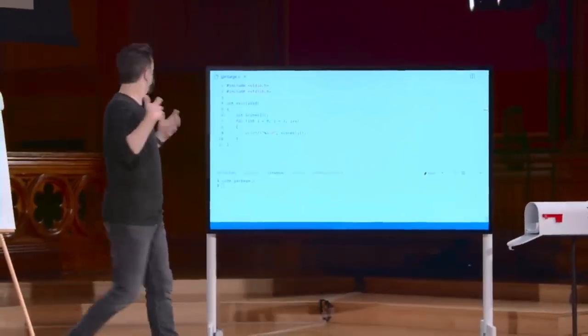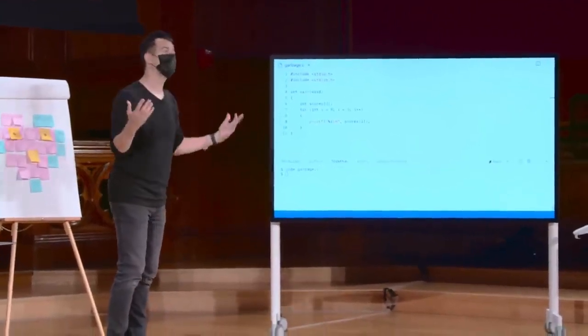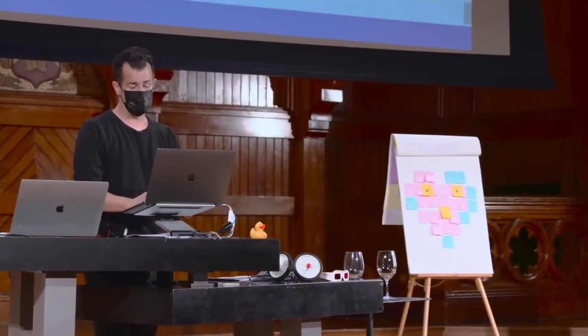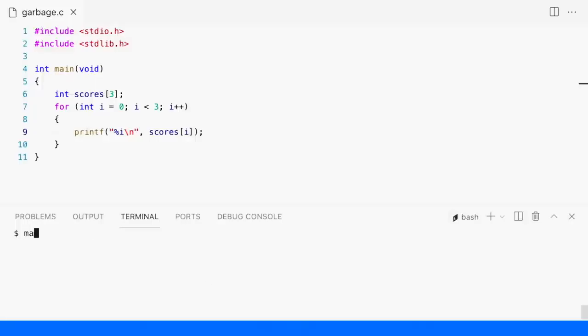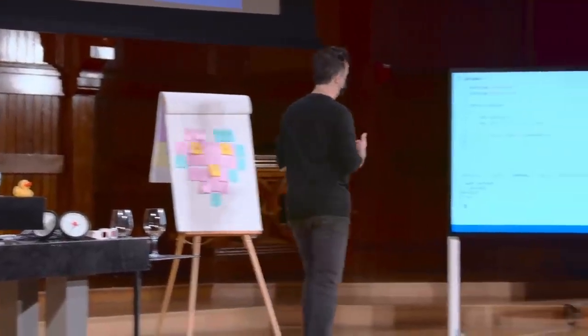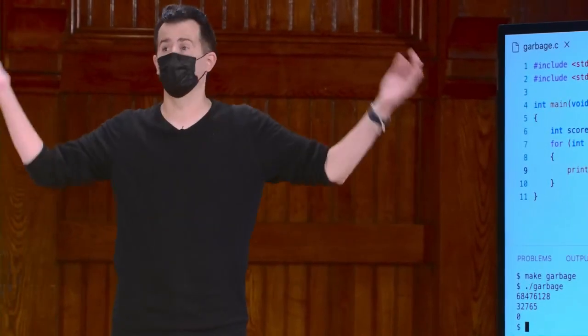Yeah, I didn't provide the scores. So I didn't actually initialize the array called scores to have any scores whatsoever. What's curious about this, though, is that the computer technically doesn't mind. Let me go ahead and sort of playfully make garbage, enter. And it's kind of an apt description because what I'm about to see are so-called garbage values. When you, the programmer, do not initialize your code's variables to have values, sometimes who knows what's going to be